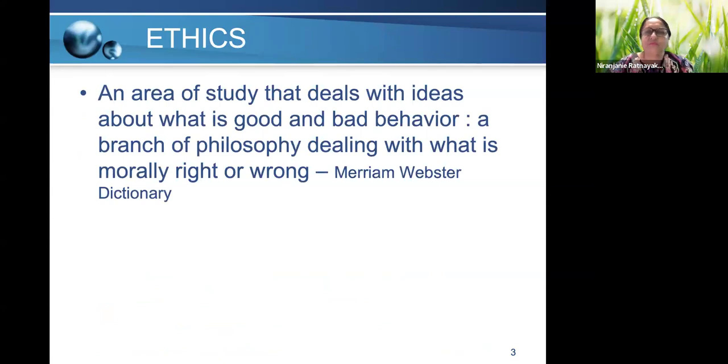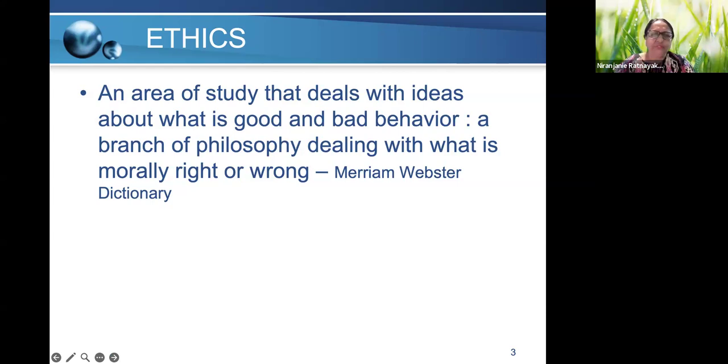So what is ethics? We talk about ethics, and I'm sure those of you who are facing the PR these days would have already done a course in ethics in most of the faculties of engineering because it's now a part of the curriculum. So these things may already be familiar to you. Ethics is an area of study that deals with ideas about what is good and bad behavior, a branch of philosophy dealing with what is morally right or wrong. That's according to the